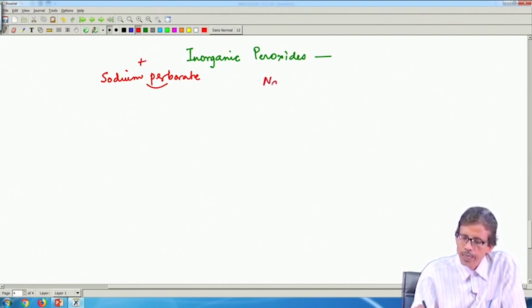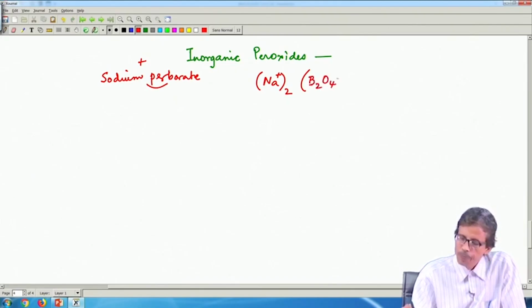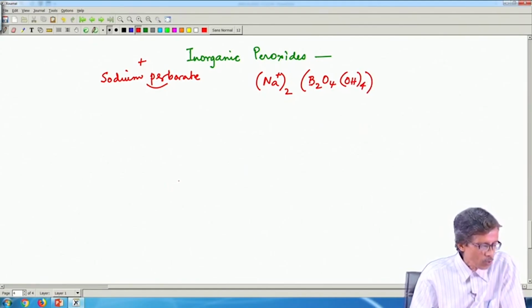So, this is Na+, and two such Na+ are there to stabilize a compound which is B2O4(OH)4,